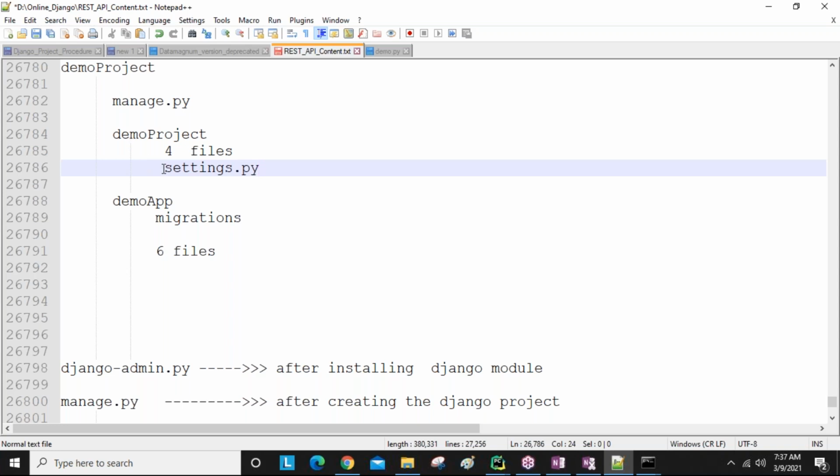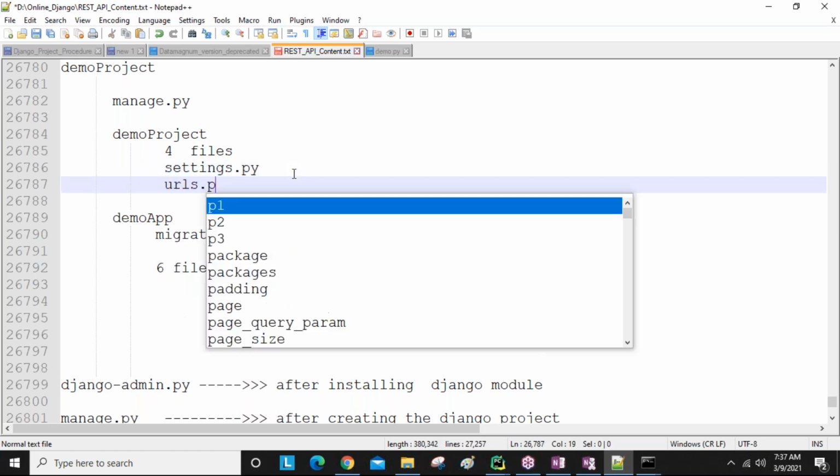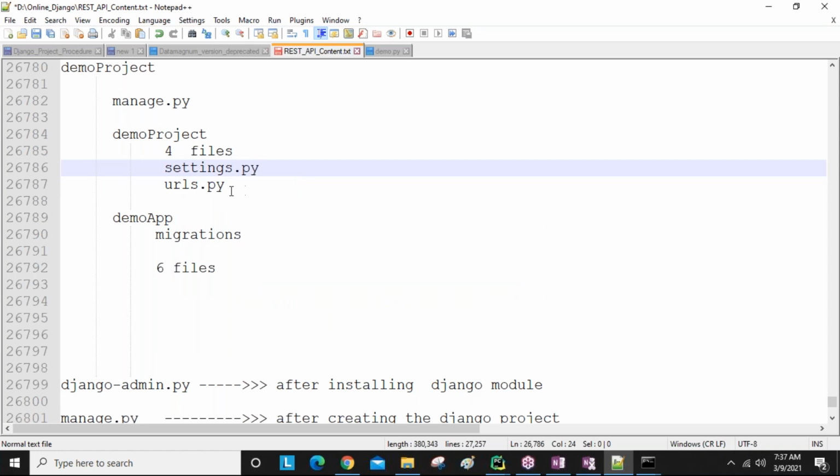All the project related executable settings are available in this settings.py file. Here we also have urls.py. All our project related urls we maintain inside this urls.py.